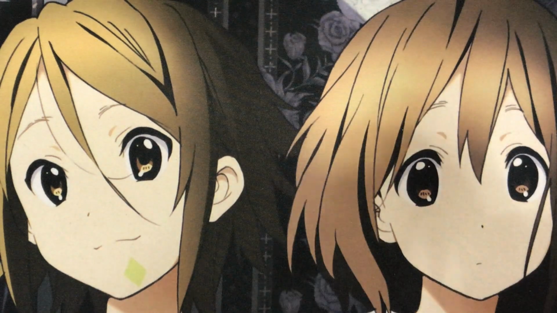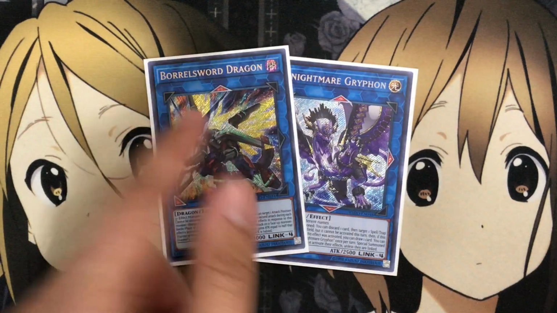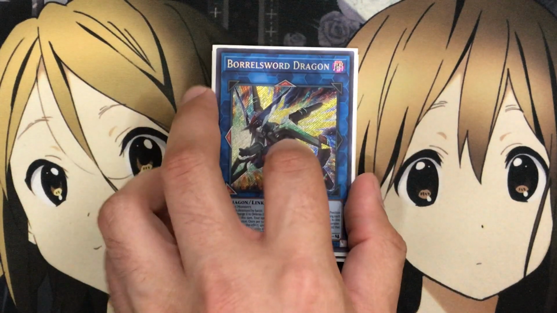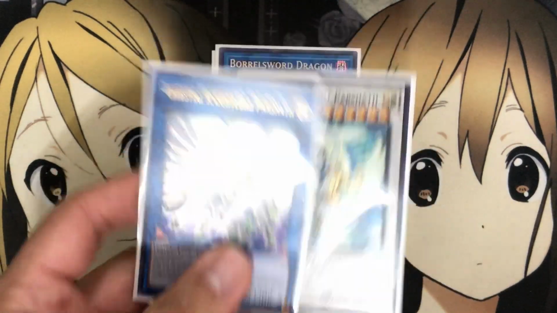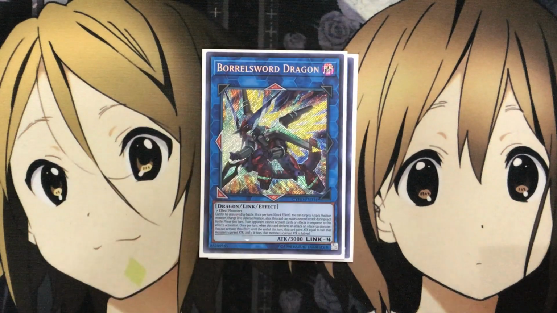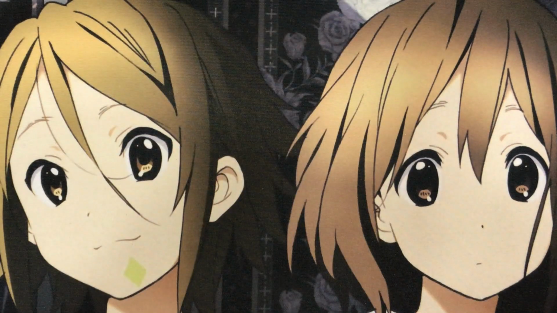For some of the other Link monsters, I just run 1 Nightmare Griffin and 1 Borrelsword Dragon. For some of the bigger Link plays, when you can make them just as options, the only things I mostly go into the extra deck for are these 2 monsters with the counter trap setup, but still good to have other options as well, like Nightmare Unicorn, Nightmare Cerberus,